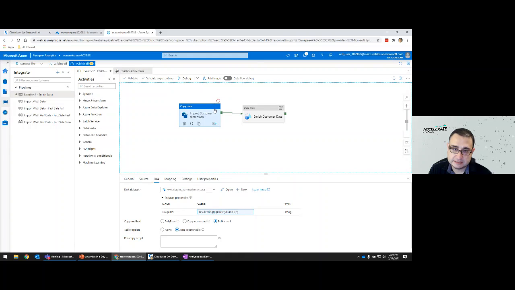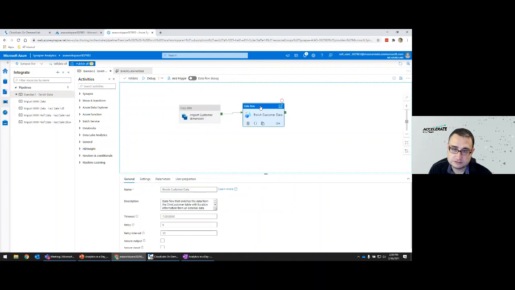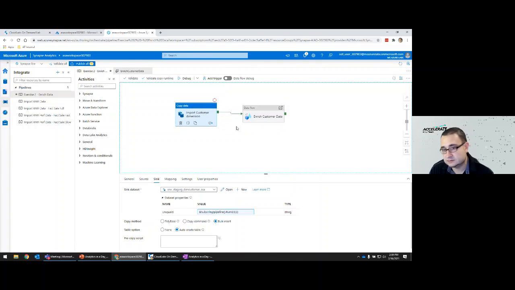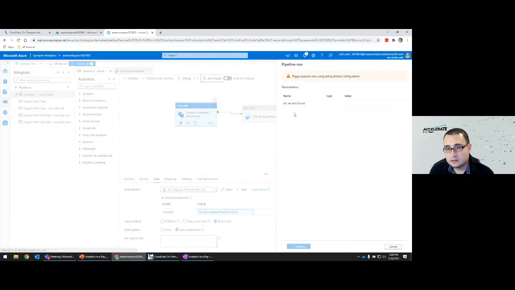So essentially, this is saying that this data flow is going to execute after our copy data activity executes. And now we can schedule this, or we can run this on demand. We can click on debug, or we can create a trigger and say trigger now.